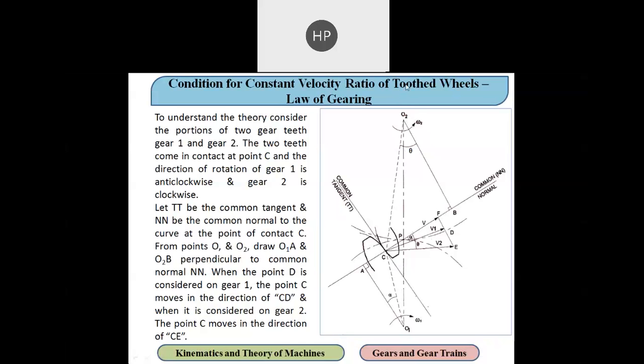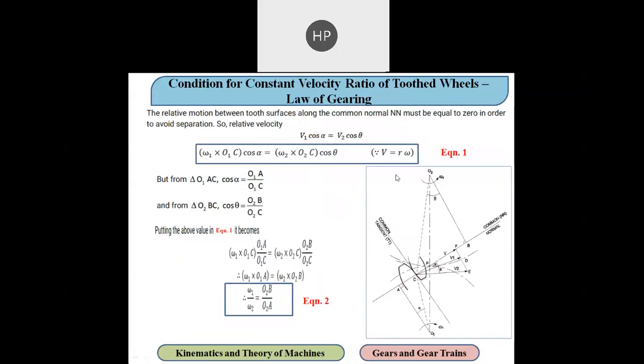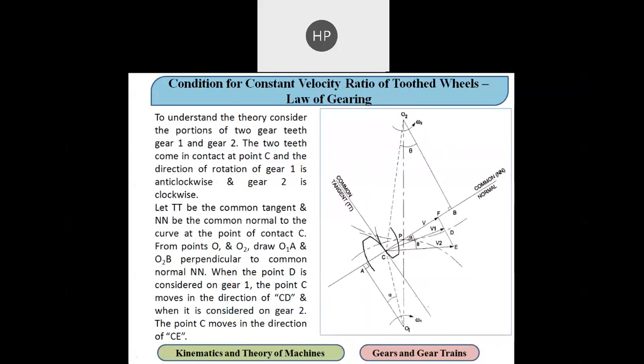Good morning, everyone. In this subject of kinematics and theory of machines, we are talking about gears and gear trains. In this chapter, up till now, we have discussed the importance of gears, the advantages and limitations of gear drive. Then we have discussed the classification of gears,